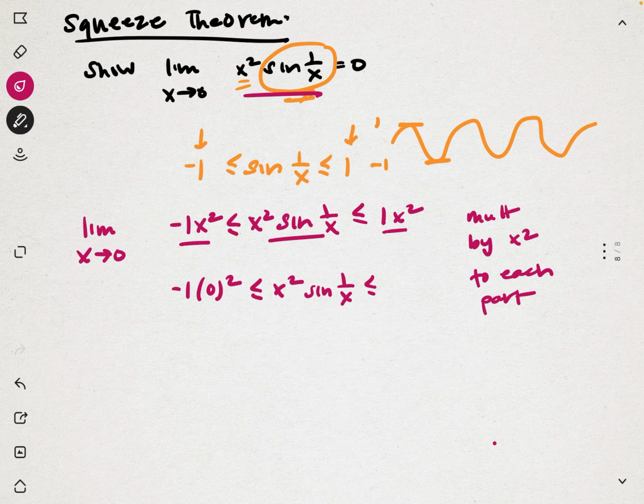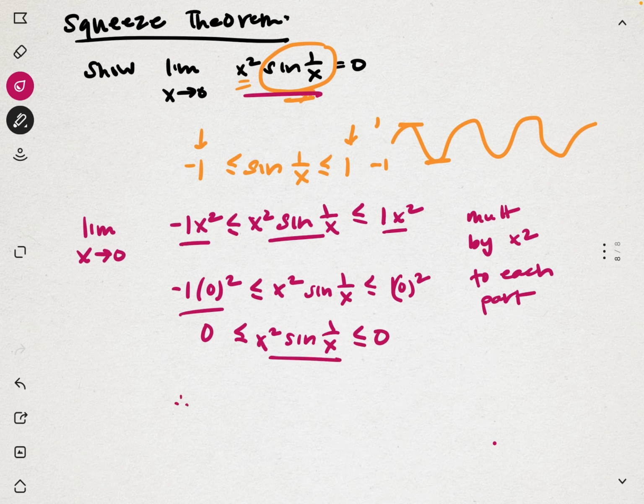And then we're going to substitute 0 here. So notice that this is 0. Right? -1 times 0 is 0. And then it's 0 here, because 0 squared is 0. So now that we know that this whole thing is between 0 and 0,